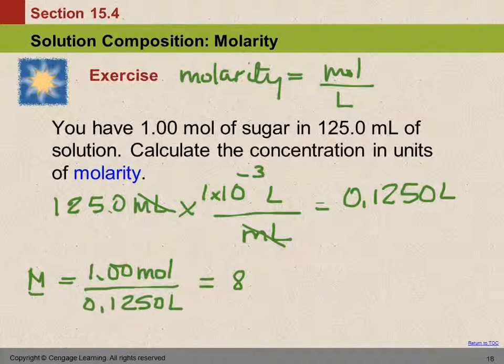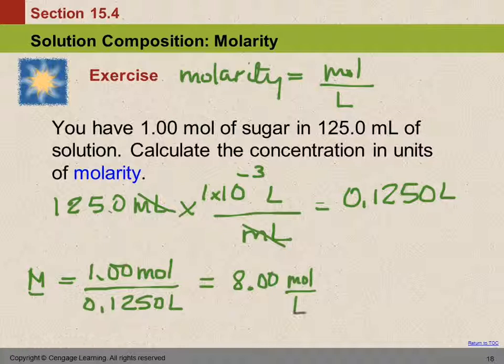4 versus 3, 3 is a smaller number. So we need to put 2 more significant figures on our number 8. Well, what are the next digits? The calculator's not showing them. They would be zeros, right? So it's going to be 8.00